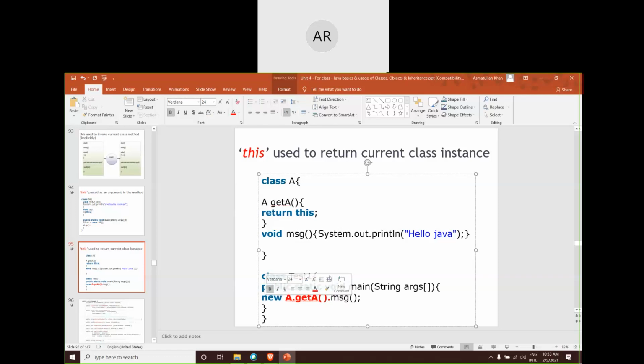Now, whoever has called it, once the object is created, this will refer to the current object which got created, and it will return that object value back here. Let us imagine the object that was created was tmp, and it will become tmp.msg. So tmp.msg will be calling the msg function, and it will execute hello world. So this is another way around for creating objects.